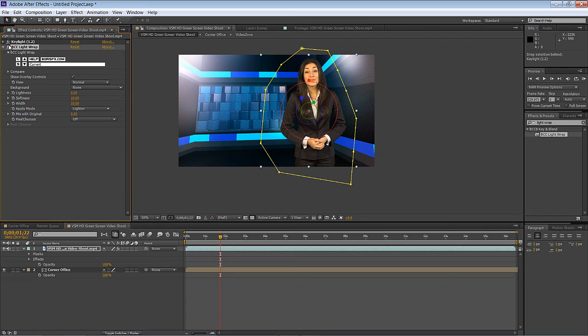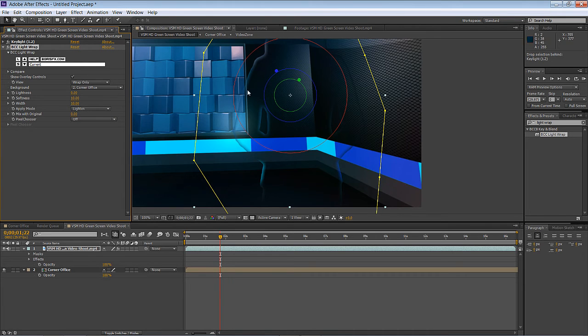Let's come back up here. The first thing I want to do is, the view is set to normal, so I'll say just show me the wrap only. You'll see the background right now is set to none, so the effect isn't looking at anything. I want to say use the corner office. Now you can see the light being wrapped around the edge of our talent, more so here where we have our screen and less so over here. But anywhere there are bright parts of the image, we're going to get a bit of a better